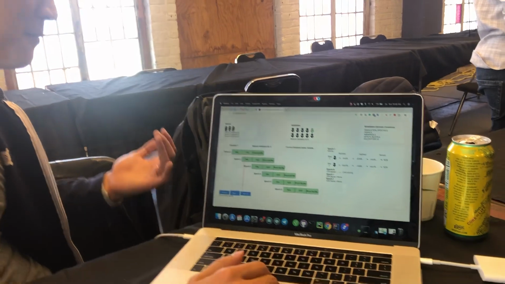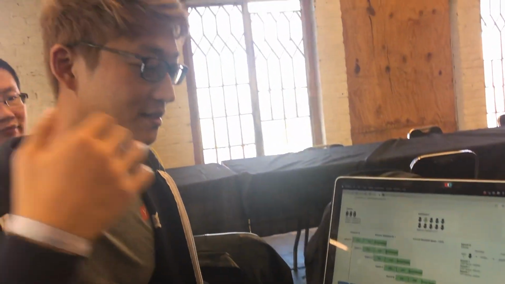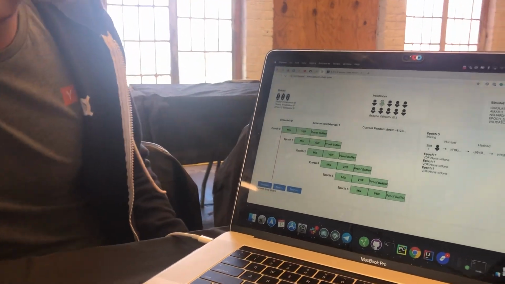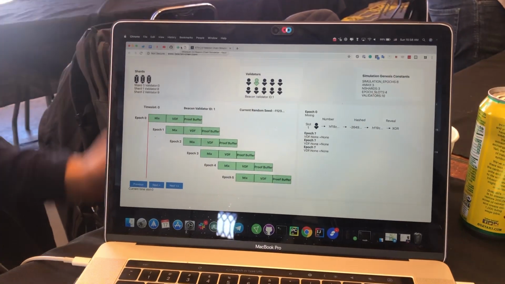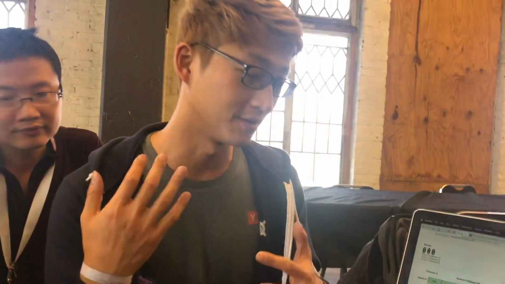So basically, we built an Ethereum 2.0 beacon chain simulator. The idea of the beacon chain and Ethereum 2.0 is that you can actually scale transactions on Ethereum. And we built a full simulation of how it would work based on the latest specs. This is very technically challenging work because most people don't understand all the intricacies and the documentation is